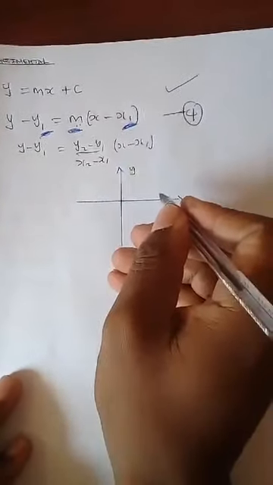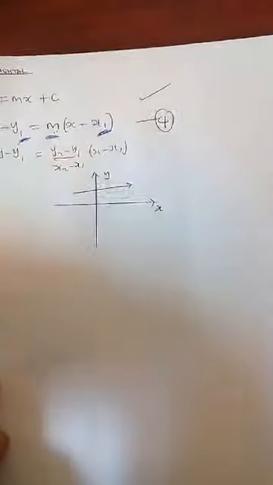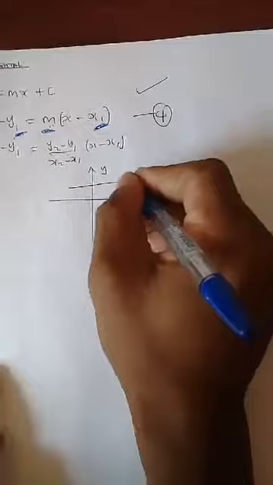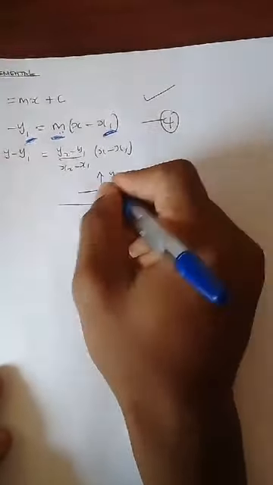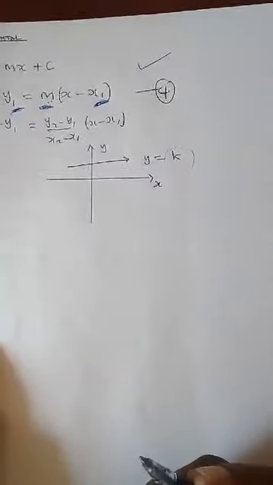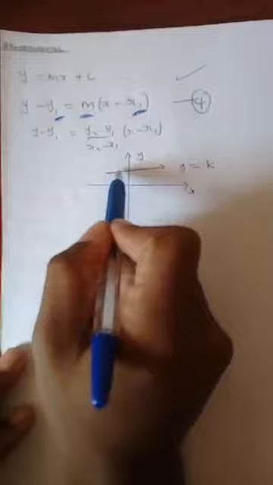So if you have a horizontal straight line, something like that, it's not really a straight line, but it was supposed to be a straight line. The intention is for this to be a straight line. If it's horizontal, then it means y is equal to k, some constant k, because it is horizontal. The x value is always 0, and if you have a